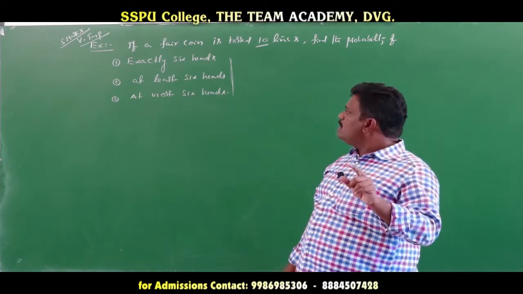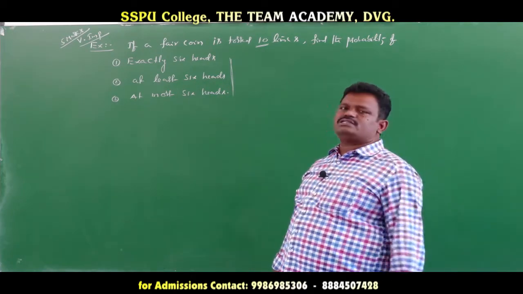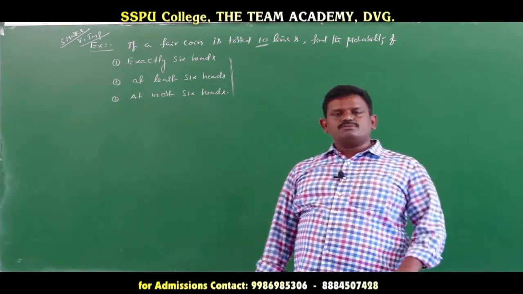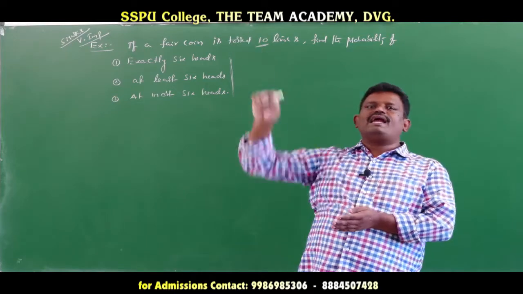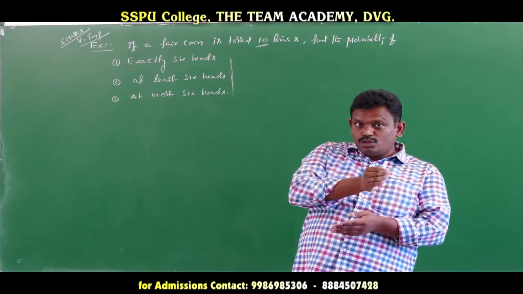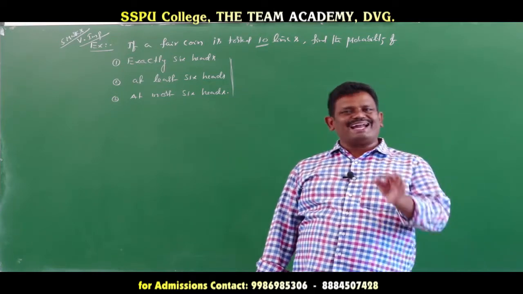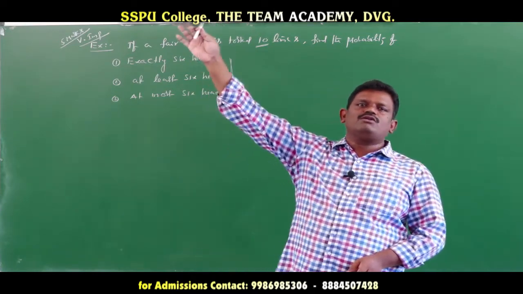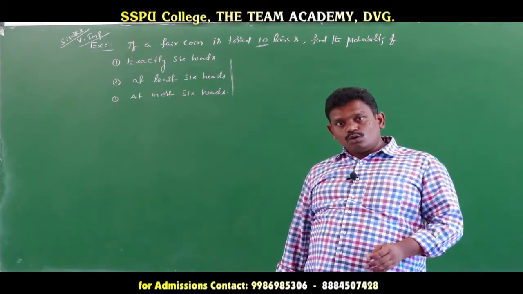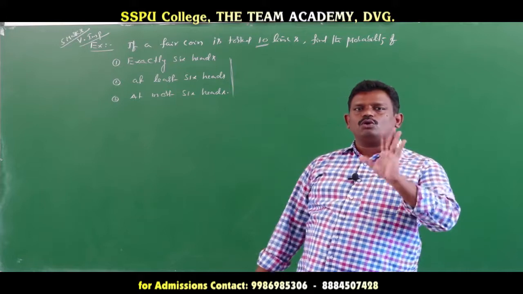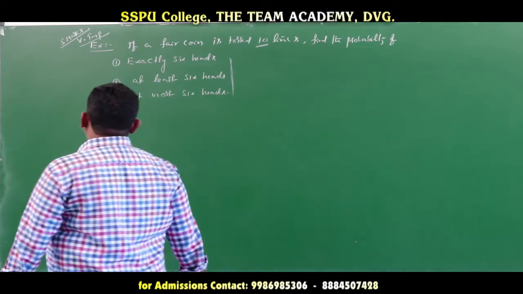Exactly 6 hits, at least 6 hits, at most 6 hits. I already told you about at least and at most. It is important. At least means that number or greater. At most means that number down to 0. If we reach the value up to 0 cases, these 2 points we remember. At least means that number to greater than value, the maximum number. At most means that number to less than, down to 0. Okay?